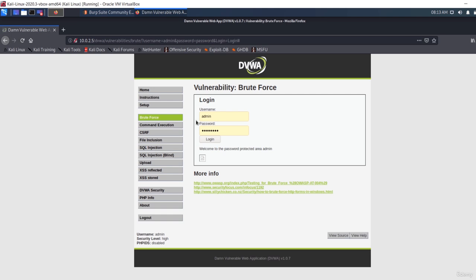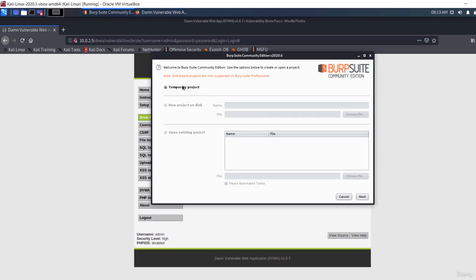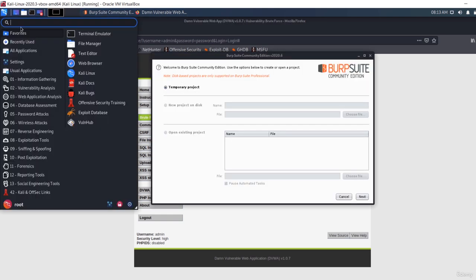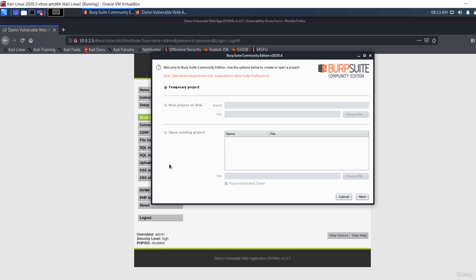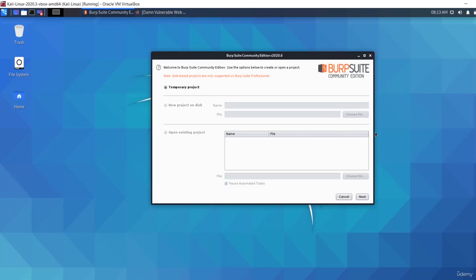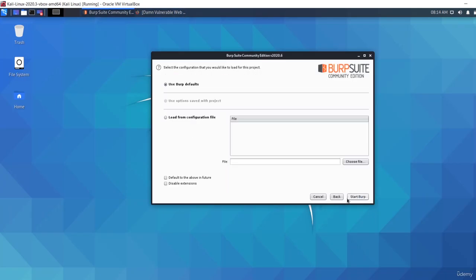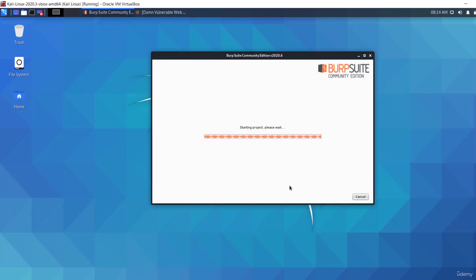Before proceeding further, you just need to open your Burp Suite through here. After pressing enter, as you can see, this kind of window will pop up in front of you. Just type next and start Burp. When you open this the first time, it will take some time, but don't worry, it will not take so much time. Before using Burp Suite, you need to configure it with your browser. It is very important